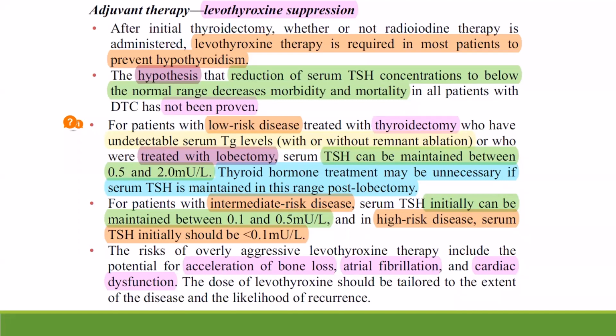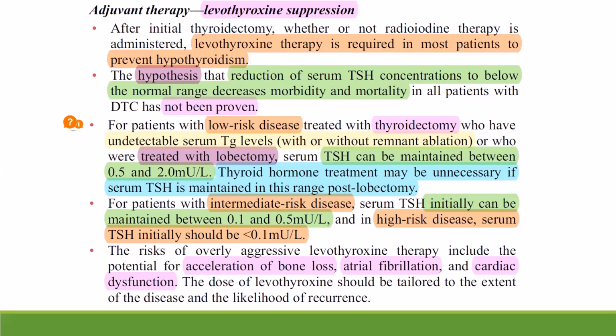So in patients with low risk disease treated with total thyroidectomy, an undetectable serum TG level, whether with or without remnant ablation, or who were treated with lobectomy, serum TSH can be maintained between 0.5 and 2, the lower half of the normal. So this is the target of the TSH in a low risk patient. In this situation, thyroid hormone treatment may be unnecessary if the serum TSH is maintained in this range